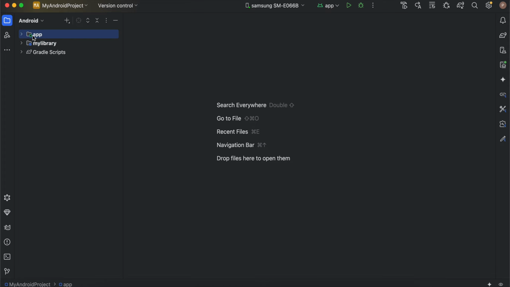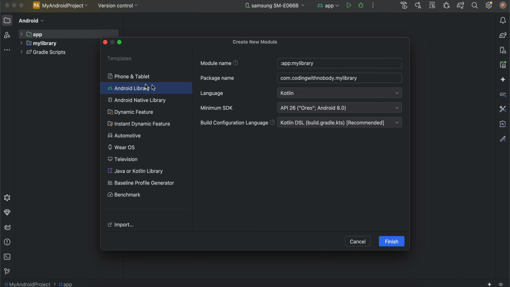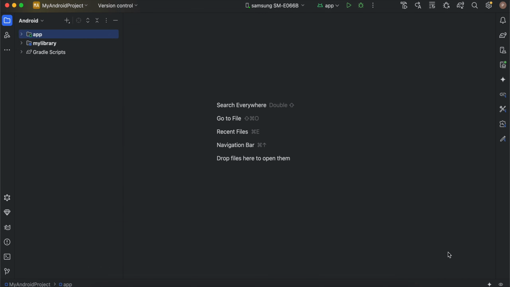For that you can right click on app, new, module, select Android library, and here you can give it whatever name you feel like. I have given it as my library. Again, make sure you select the same minimum SDK which you selected while creating the Android project. Language is Kotlin, build configuration language is Kotlin DSL, and click on finish. I have already created it, so it is not allowing me to create with the same name. Once you click on finish, again it will do Gradle syncing, and that will take a bit of time,